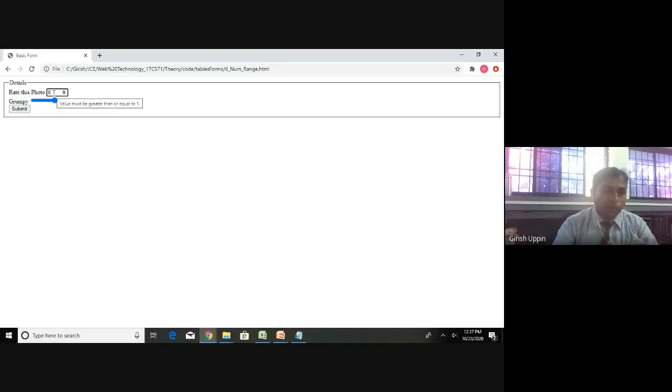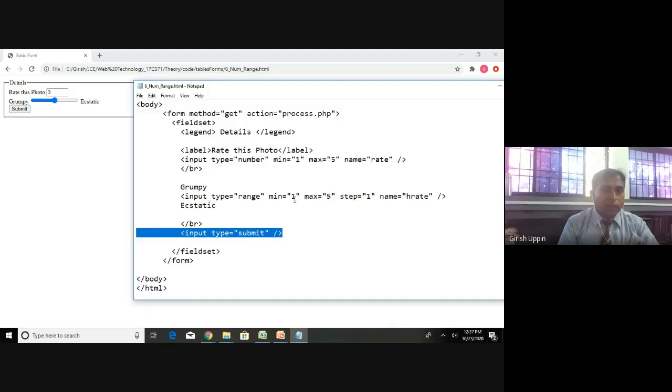It should be 1. Let us say I try to give 6. Then it will say value must be less than or equal to 5, because I have given the range as 1 to 5. So I will give the value as 3. In the case of the range, it will always be between 1 and 5, so there is no way you can exceed that.